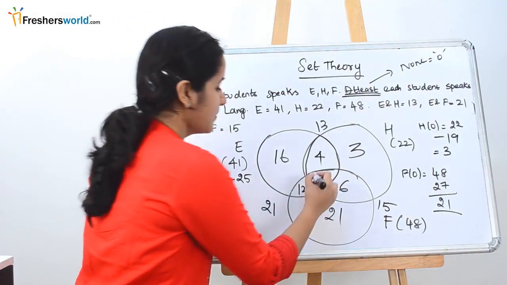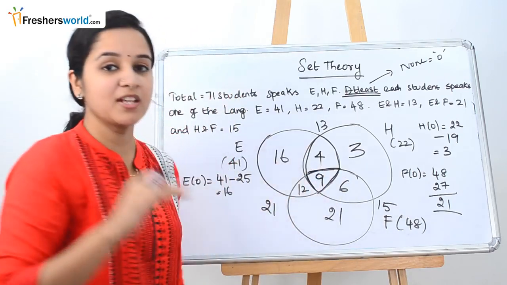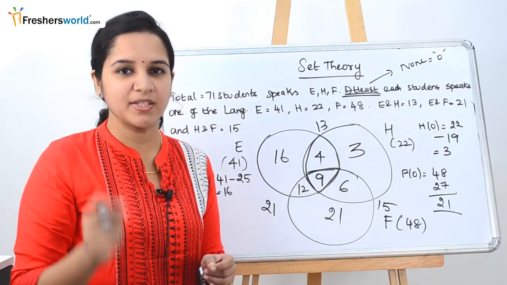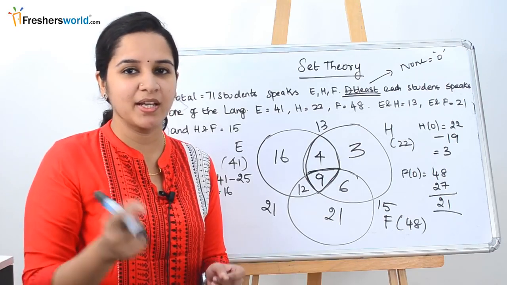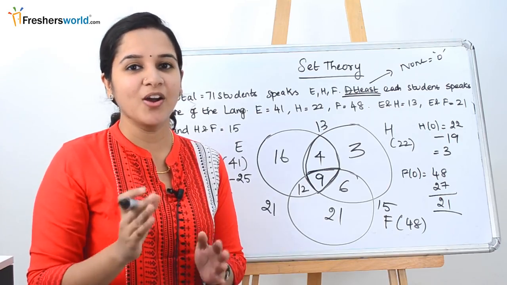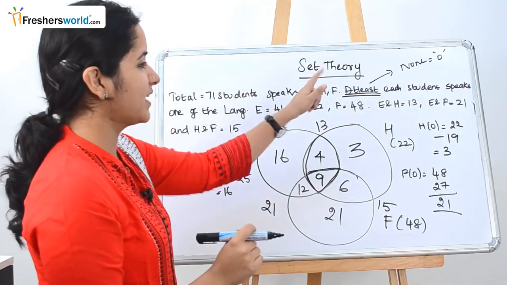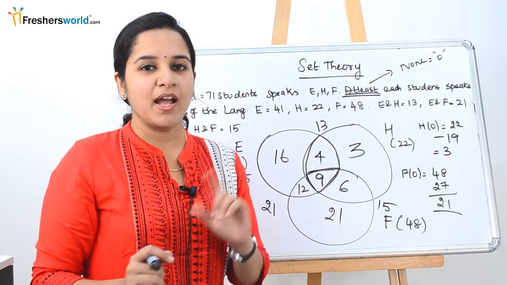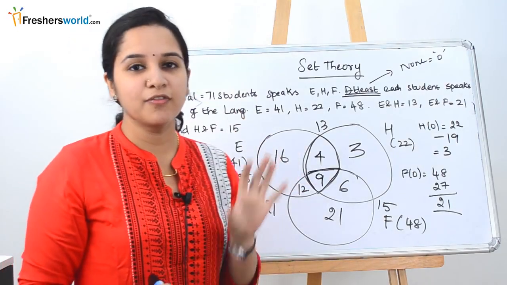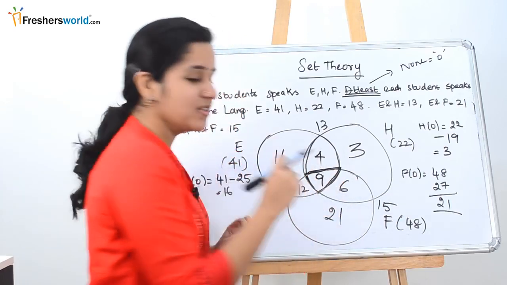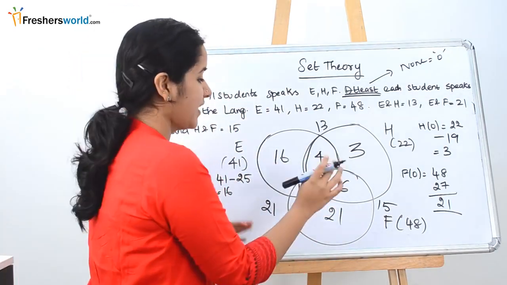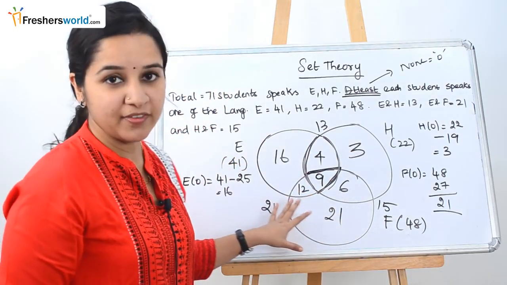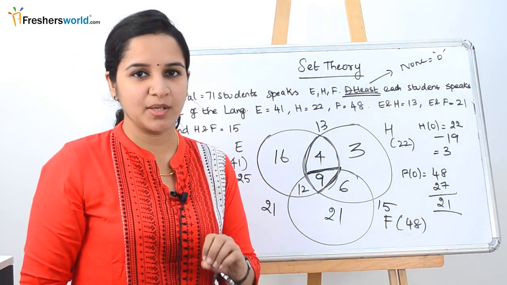First we have to find the middle part value, which is the number of people who speak all the 3 languages. For that, what did we do? We know the formula: total is equal to a plus b plus c minus both ab minus both bc minus both ca plus none plus all abc. From the question, at least each student speaks one of the languages, which means none is 0. So we automatically substitute 0 and we put all the variables that they have given in the question and find this intersection part. Once we know the intersection part, it is very easy to solve. We find the smaller intersections and then we go to the only part. So once you get to know all the variables, it will be very easy for you to solve the sums that they have given in the question.